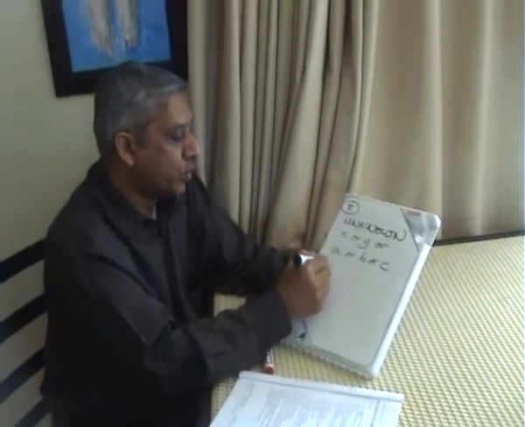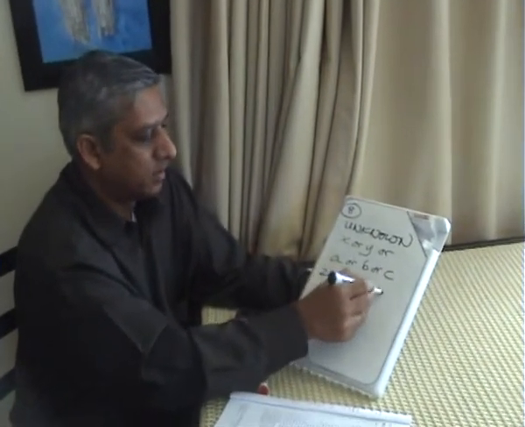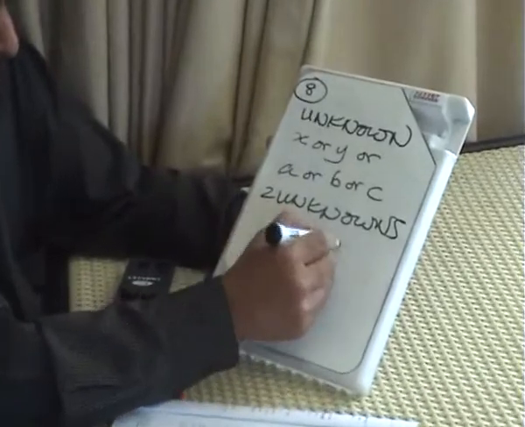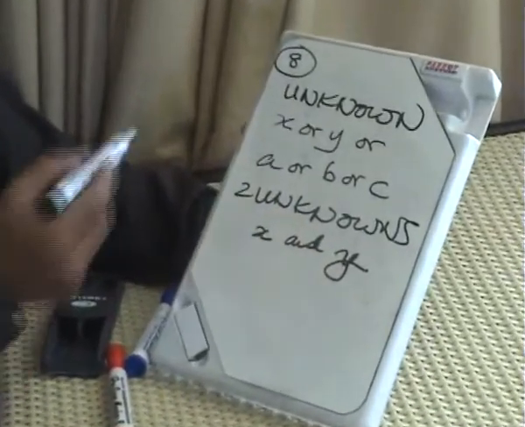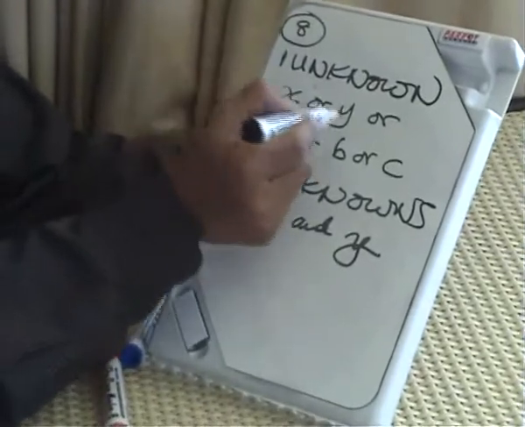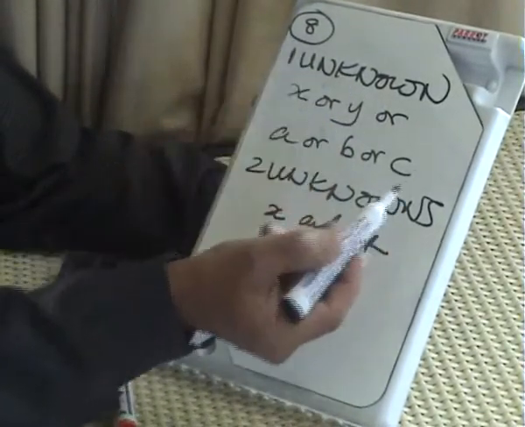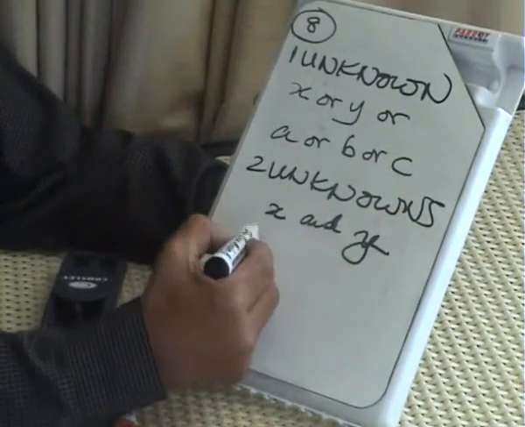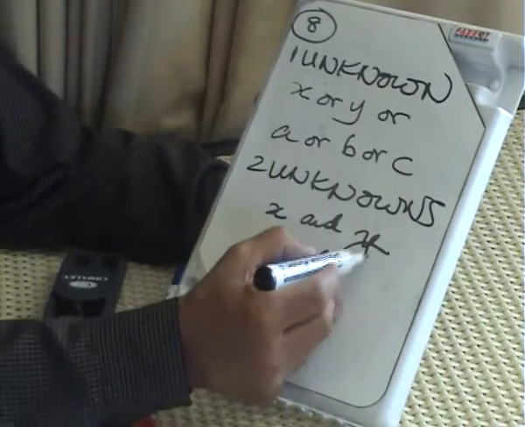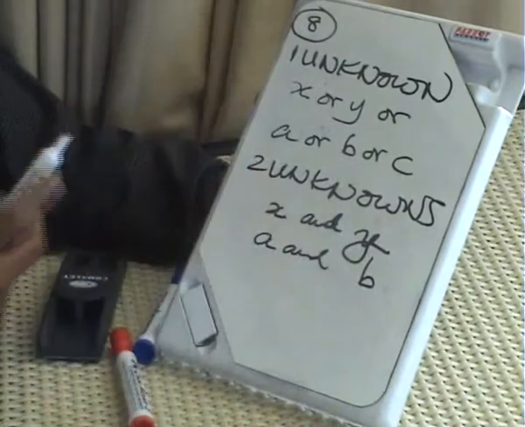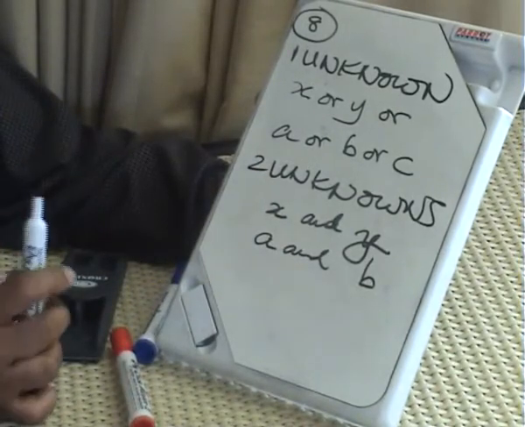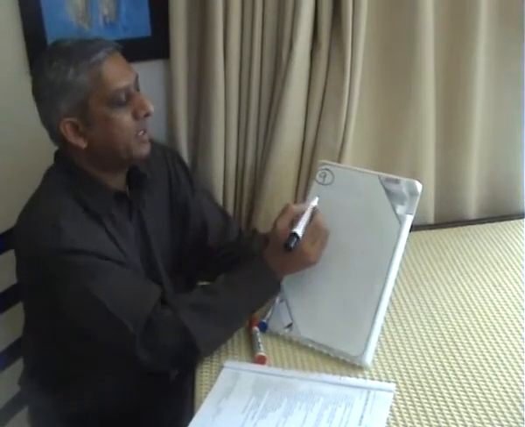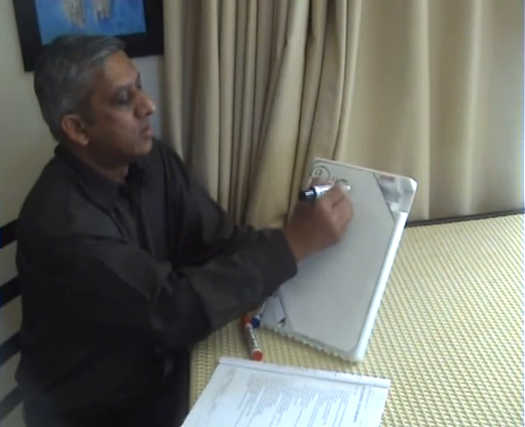Now remember, if you have 2 unknowns, then you'll have to call one X, and the other one will be Y. If there's only one unknown, then you'll just call it X or Y or A or B or C. If there are 2 unknowns, then one will be X and the other one will be Y, or one will be A and the other one will be B. The choice is yours. It is your right what you like to call it. Right. Right number 9. Use a